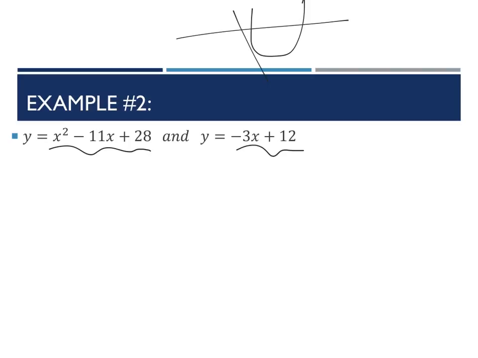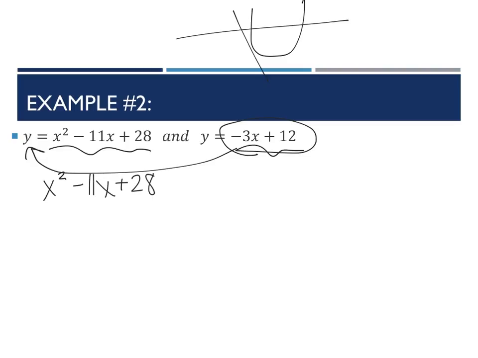So if y equals x squared minus 11x plus 28, and y also in this other equation equals -3x plus 12, then we can simply set them equal to each other because they are both values of y. So x squared minus 11x plus 28 equals